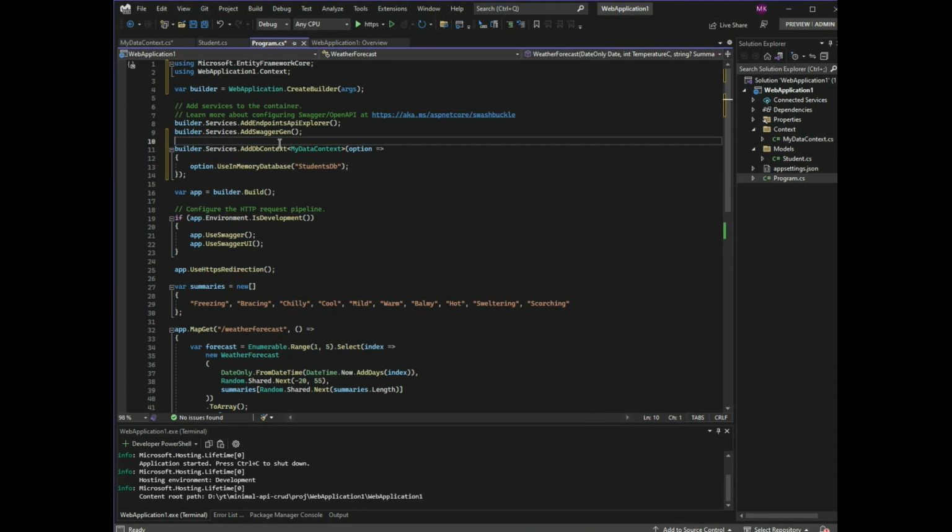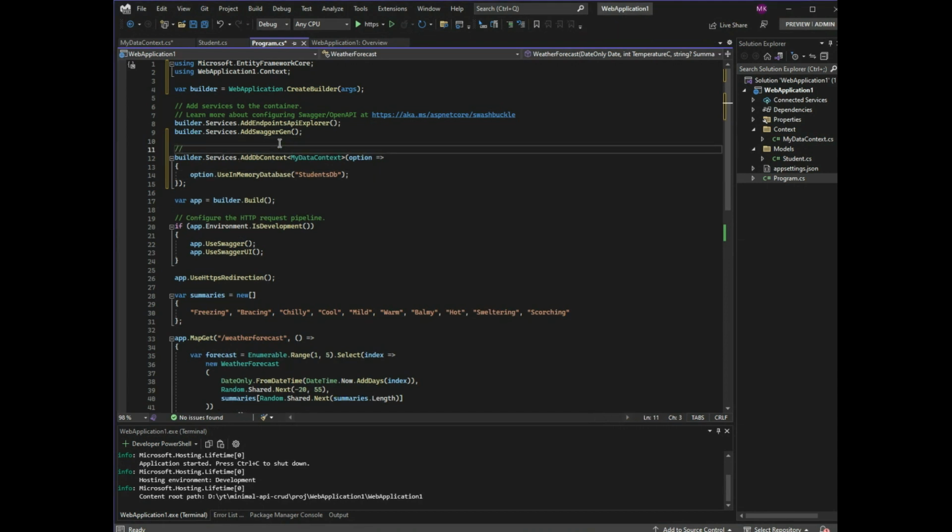And so create a comment, add db context. Here we are using in memory database,